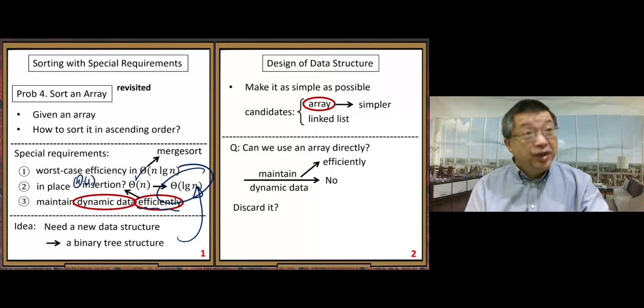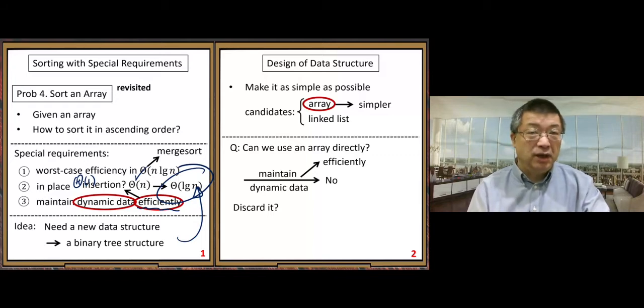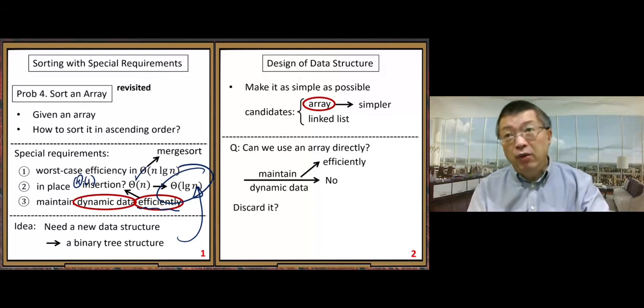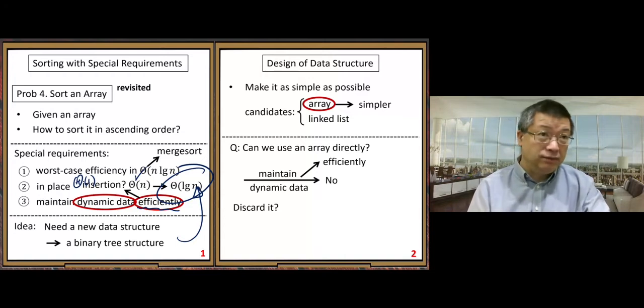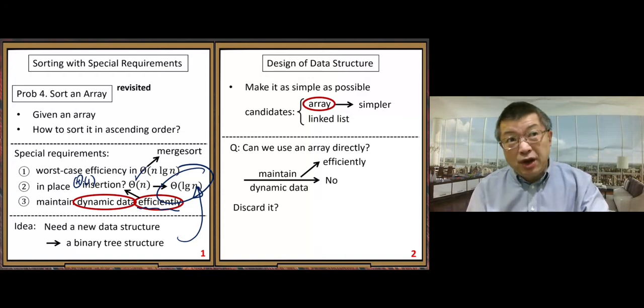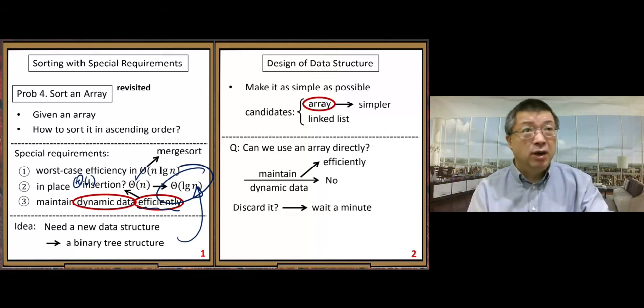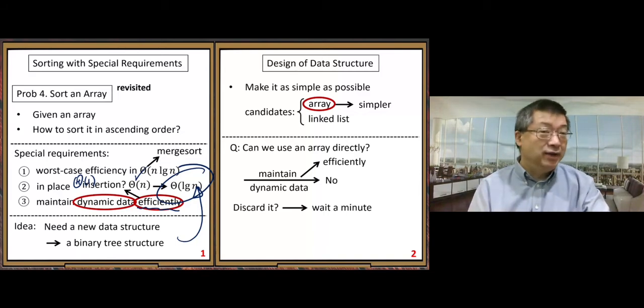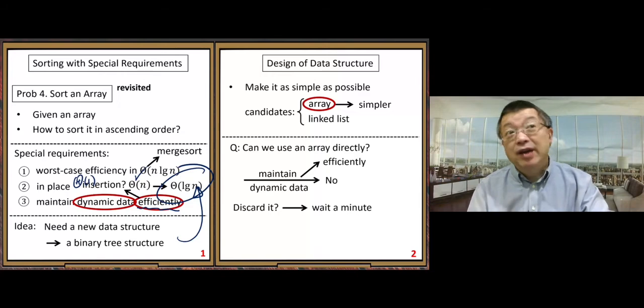Should we discard it and look at a linked list? We know the linked list is very complicated. If that is the only way we can try, we have to look at it. But should we discard the array immediately at this point? Wait a minute. Hold a little bit. Probably we can save it. If we can do a little more to fix the problem,